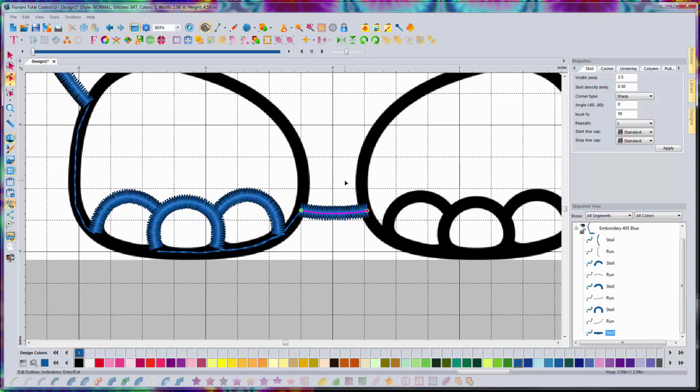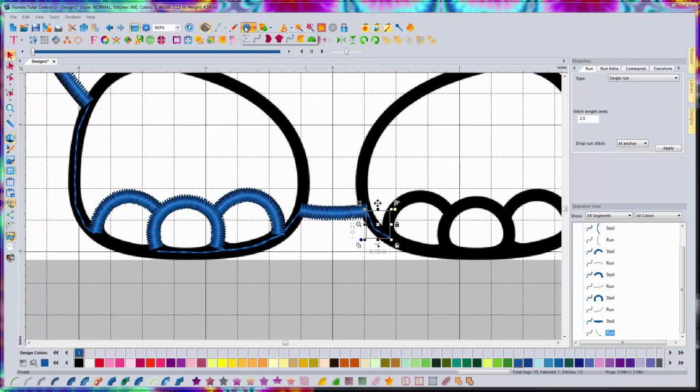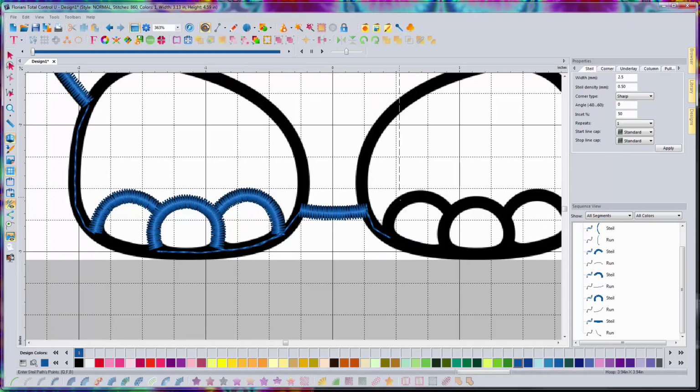And then we are going to travel from here down to here. We're going to do the exact same thing that we did on this side, but we're going to do it on the other side. Exact same order. So we just go back up to the Digitizing Tools, use the Run Stitch. We're going to travel from here down to here. Right click, back up to Digitizing Tools and choose the Steel Stitch again. And we're going to left click here, we're going to left click here, right click to generate that,